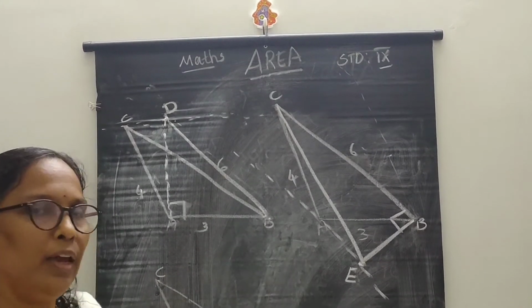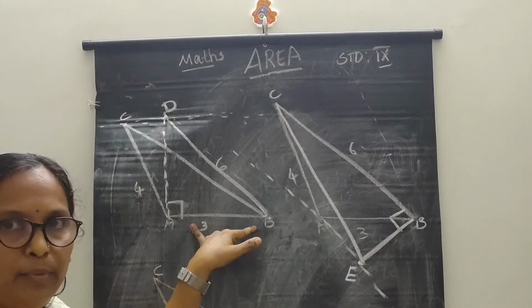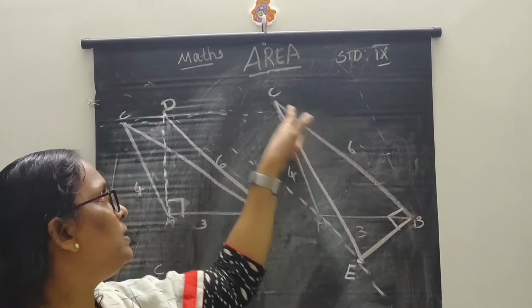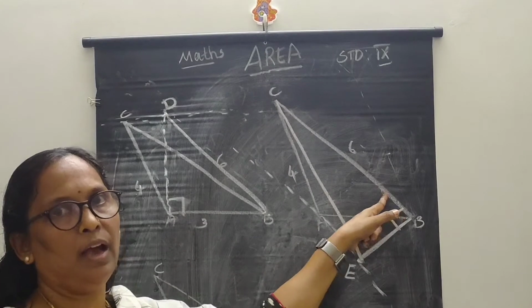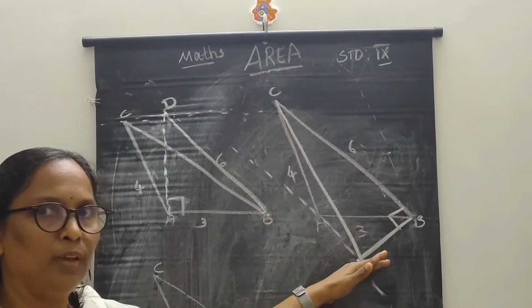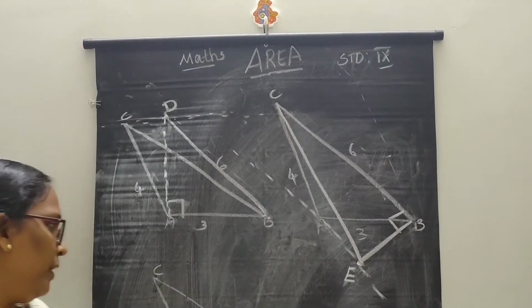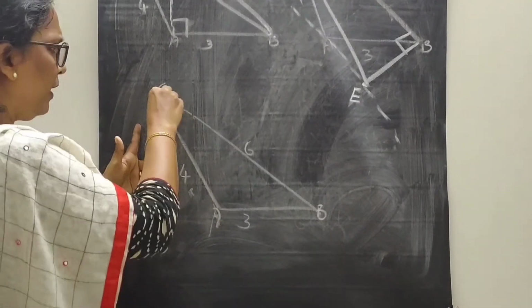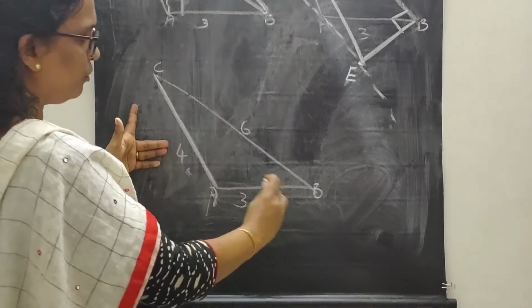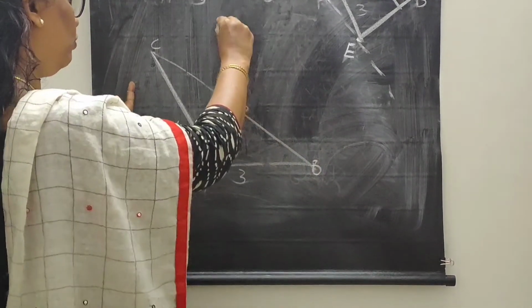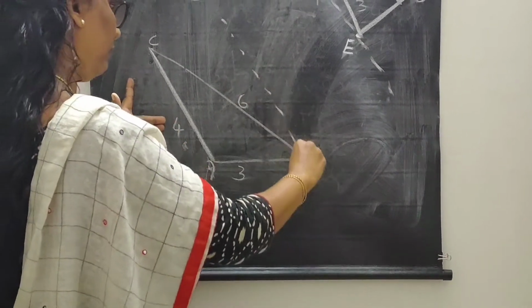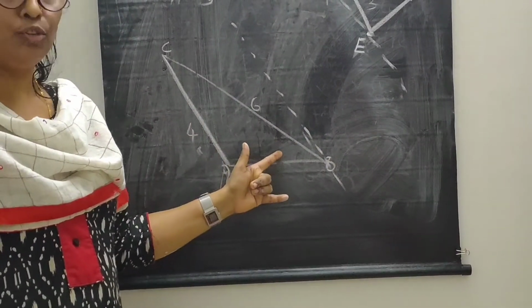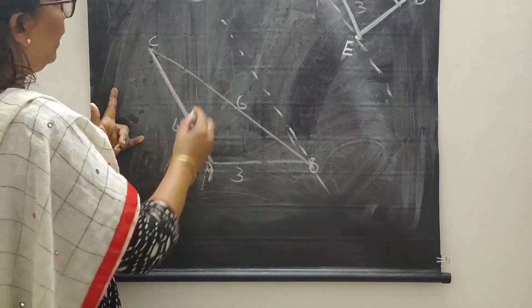And in the same way, first we take AB as the base and draw a right triangle. In the second figure, we take BC as the base and draw a right triangle. And for the third one, we can take AC as the base. When we take AC as the base, we have to draw a parallel line through B and draw a right triangle.